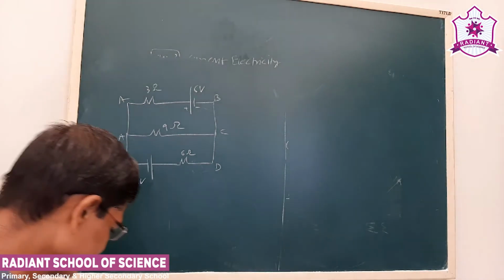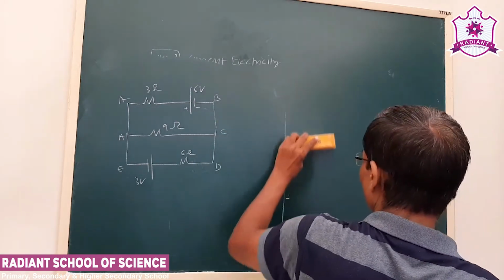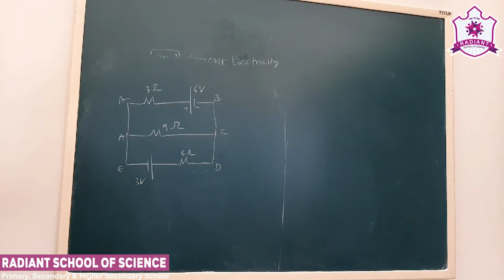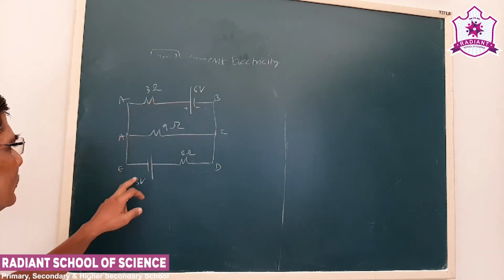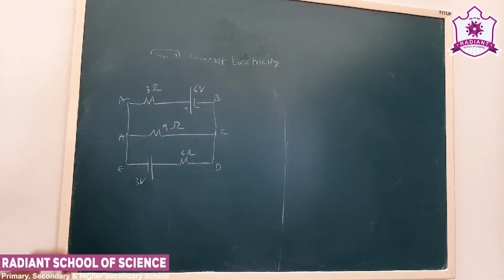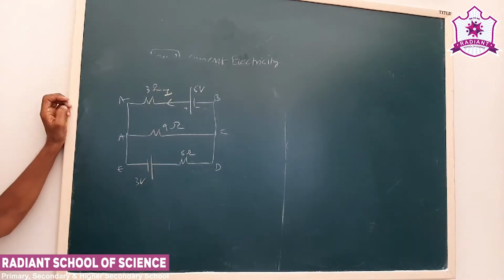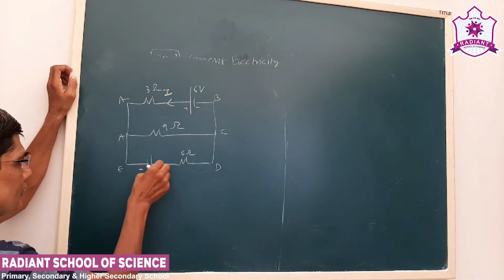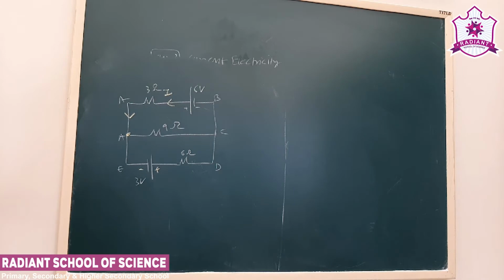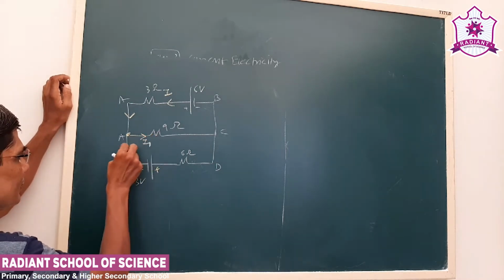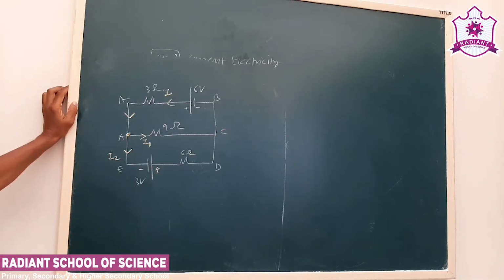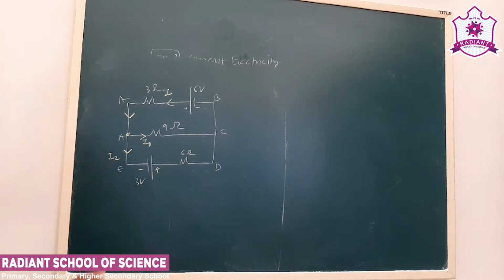Now, what we see here, there are more than one cell. Whenever there are more than one cell or battery, the current will start from the battery with the largest EMF. There are two cells, 6 volt and 3 volt. The largest EMF is 6 volt, so the current will start from the positive of the largest cell. Now, the current will be I up to here. Now A is the junction, or a branch point. We say there are two parts, I1 and I2. In AC current will be I1 and in the AEDC part current will be I2.